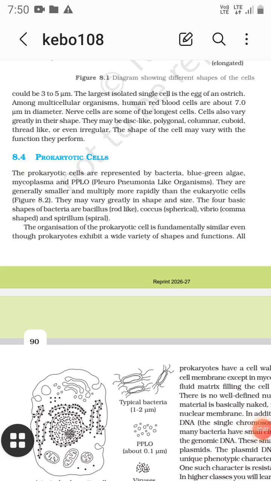So the very first important thing in the cell, the unit of life for NEET 2027, the prokaryotic cells. The prokaryotic cells are represented by bacteria, the sole member of the Monera kingdom, then blue-green algae, that is BGA, also included in the kingdom Monera, and mycoplasma, which is a wall-less organism, the smallest one, which is also a member of the kingdom Monera, and PPLO, pneumonia